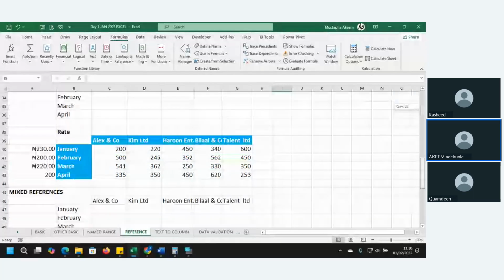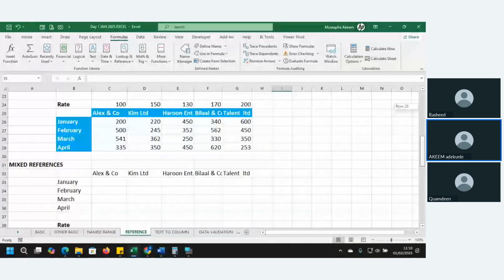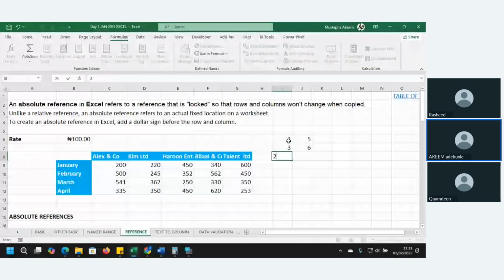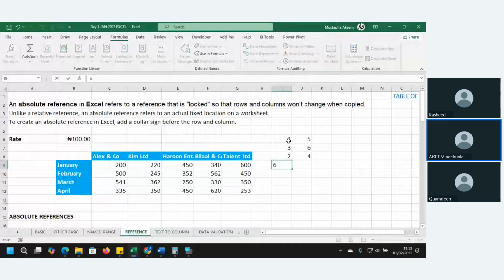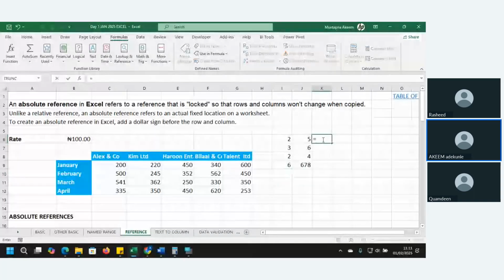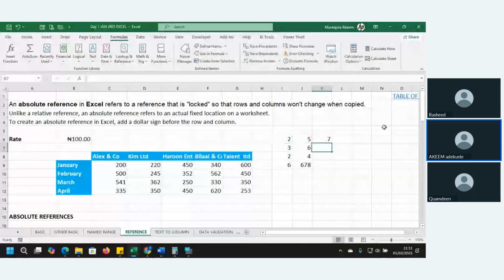when you do something like this, let's say we have 2, 3, 2, 4, 6, 8. When you have something like this, equals this plus this, and hit enter, and then you copy this formula down, what happens?